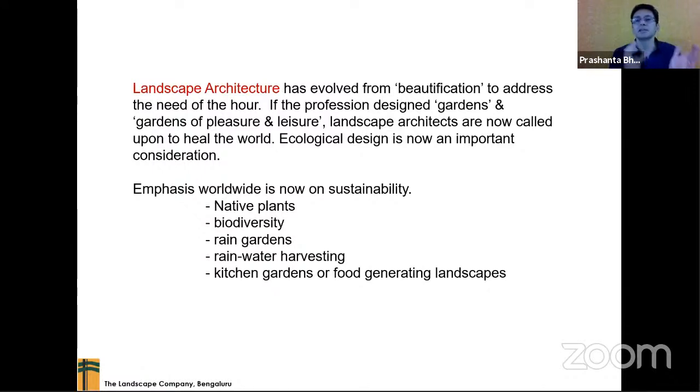And even when it is aesthetics, we need to change the way people view things and what they consider beautiful. Maintaining some of those very high maintenance gardens is costing the earth quite a bit, be it keeping them up with fertilizers or lots of water, or trying to grow things that don't grow in our climates. So the emphasis all around the world for landscape architects is now sustainability. We need to look at native plants and biodiversity, encouraging other fauna to come into the landscape, keeping in mind that this is not only for the client.